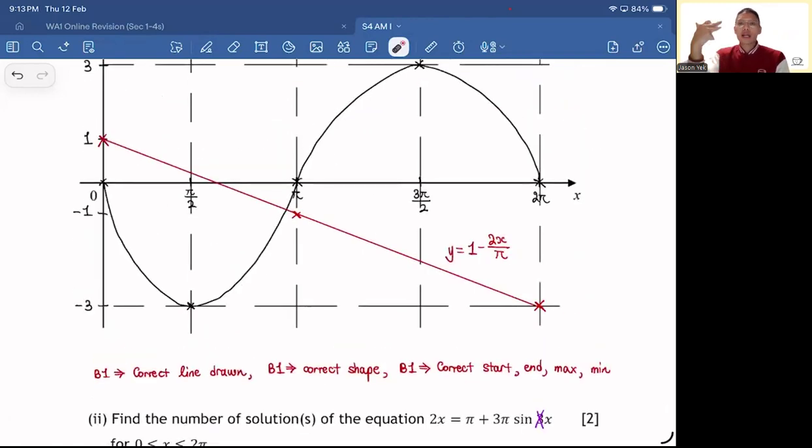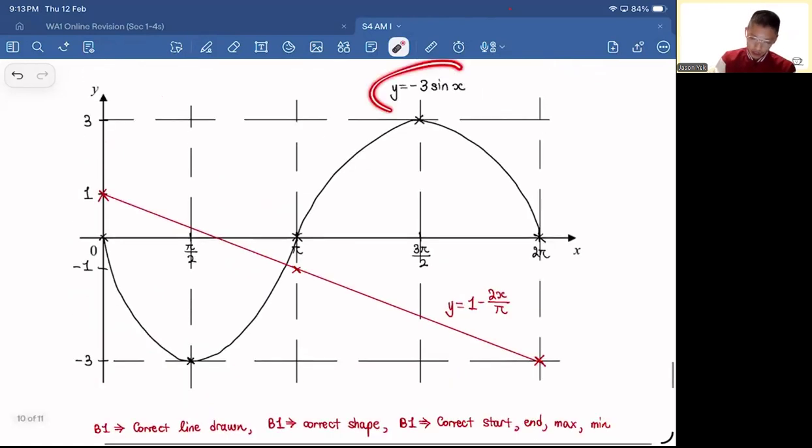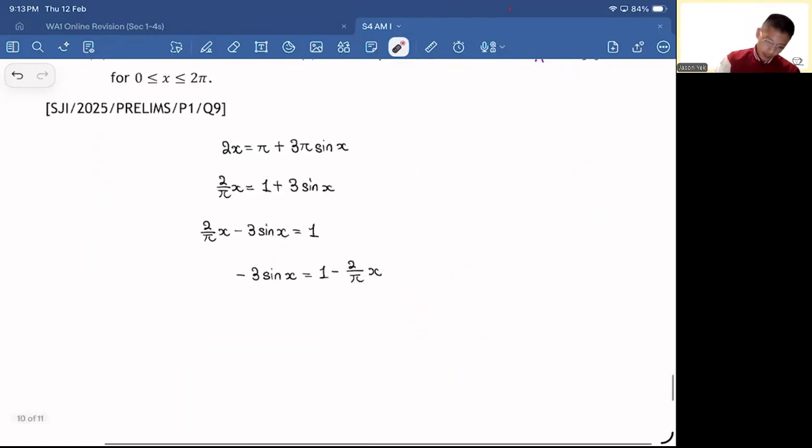So really what we are doing for find the number of solution style questions, if you were tasked to draw the graph, is really relating back to the equations you have drawn. Number of solutions: one intersection. So therefore,